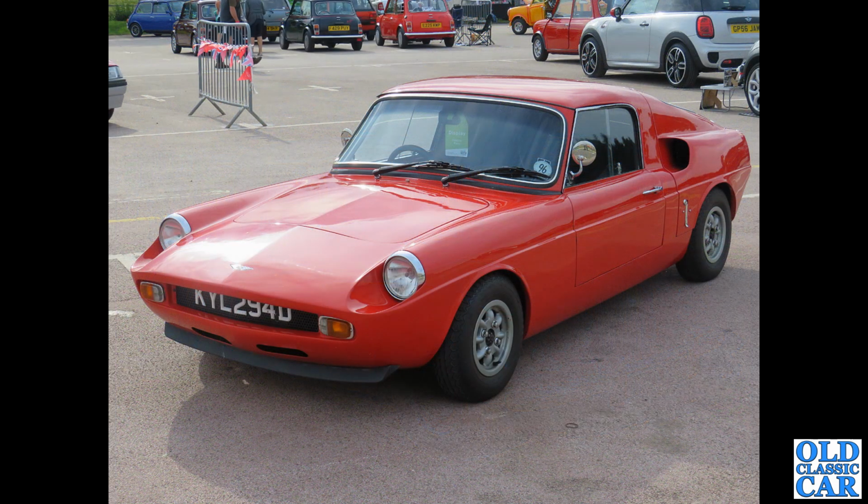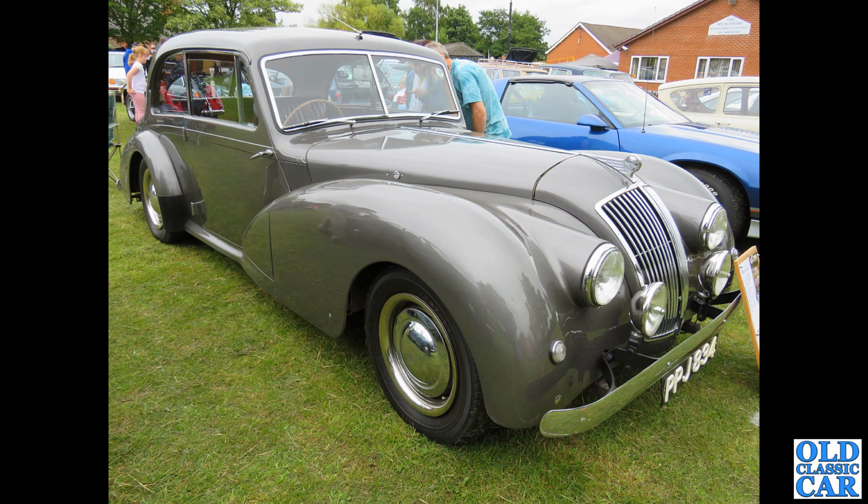This was the big mini bash in 2019. This is the Unipower GT, and great car, mini powered, fiberglass body, dates to 1966. That screen surround has been lifted straight from the early Triumph Spitfire or the TR4. So a great car. Now, how about this? Lovely, lovely car,